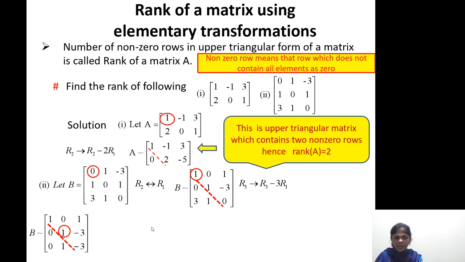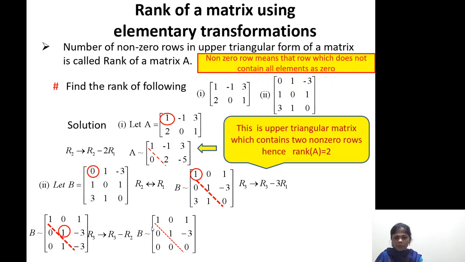We move to the second diagonal element. Here we find the second diagonal element non-zero. So let us make all elements lying below it 0 with the help of this particular element only. So we will just subtract the second row from the third row. We get, again identify diagonal elements. Here we find that all elements below the diagonal are 0. Hence, this is an upper triangular matrix.